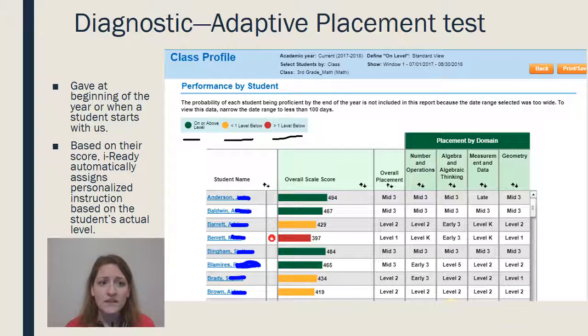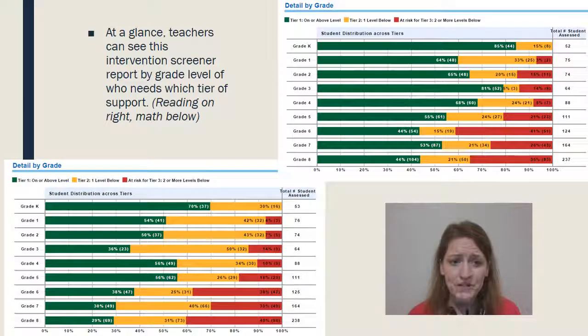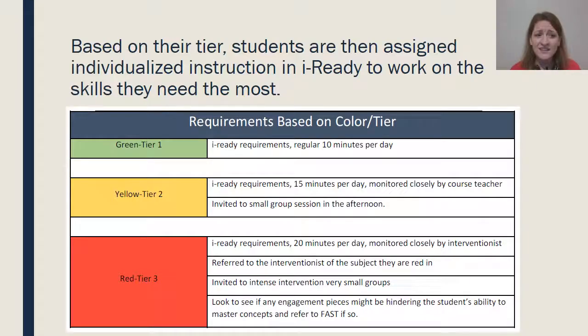Then based on their iReady score, teachers can at a glance see who needs what instruction in each of the grade levels. iReady then assigns, based on their tier, some individualized instruction for students to work on the skills that they need the most. In green, they are required to work 10 minutes a day, so this is our Tier 1 kiddos